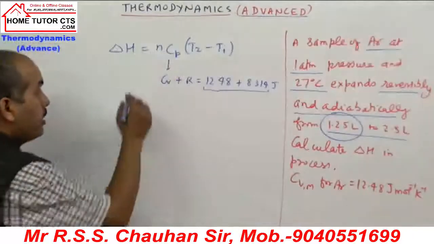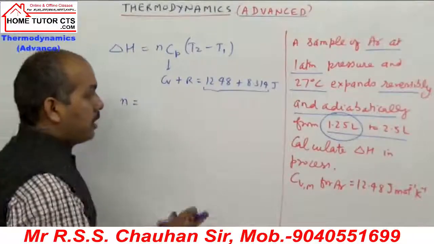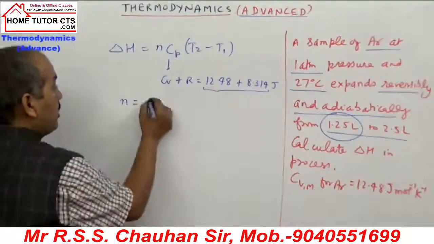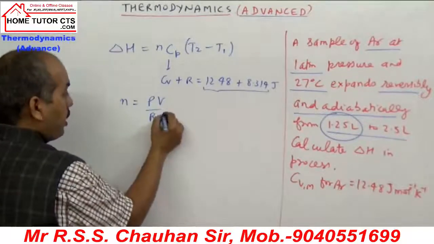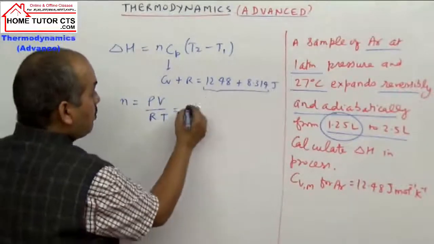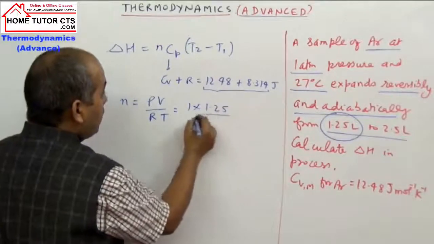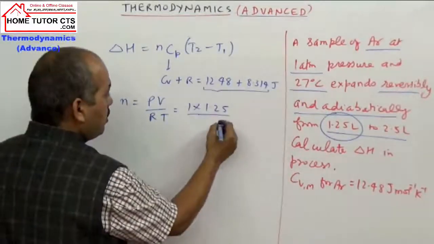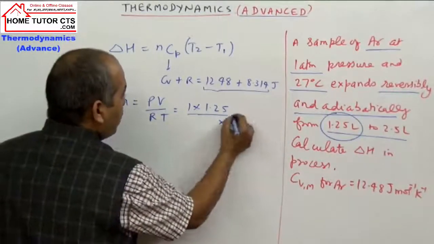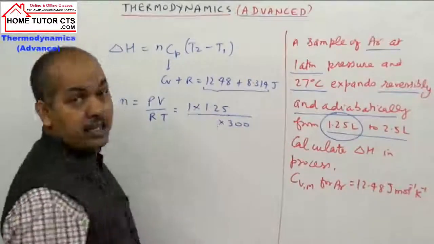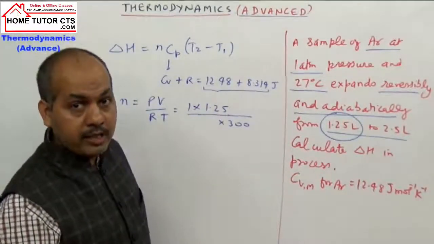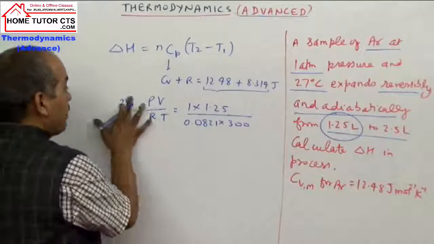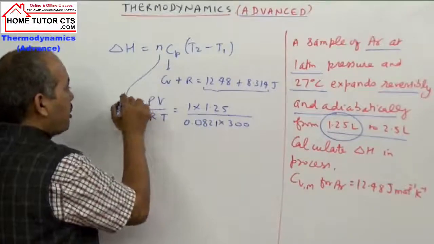We got one information. Second is number of moles. गैस तो दे दिया उन्होंने आर्गन, बट कितने मोल्स हैं इसके आपको मोल्स नहीं दिया है. तो we can find the number of moles using gas equation PV equal to nRT. प्रेशर दिया आपको स्टार्टिंग में 1 एटमॉस्फेयर, वॉल्यूम 1.25 लीटर. इनिशियल वॉल्यूम, टेंपरेचर आपको दिया है 27 मींस 300 केल्विन and value of R. If I take pressure in atmosphere, volume in liters, then I take value of R 0.0821. This expression will give the value of n, number of moles of the gas.